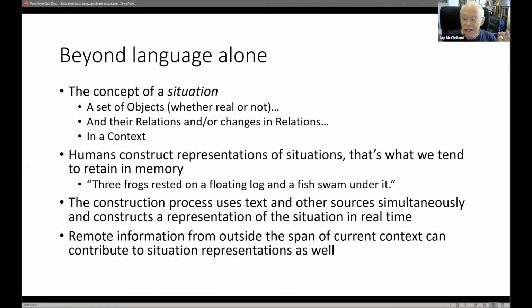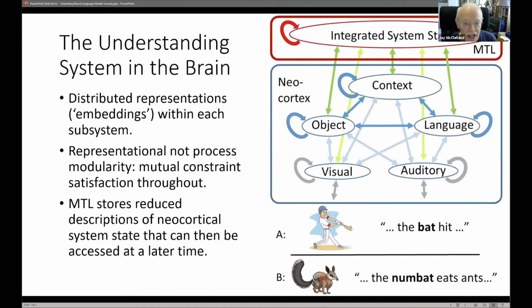So my idea here, and in the interest of time, I'm going to move on to the brain basis of this, is to take the ideas from this mutual attention work and extend them, because we want to imagine that not only language but other sources of information mutually constrain our understanding. So here is my construal of the understanding system in the brain. And you'll notice that there's no box called situation, because I think of the representation of the situation as being an emergent pattern of activation that's distributed across a part of the brain that's especially important for object representation, another for, I would almost say, relational information, because actually both parts